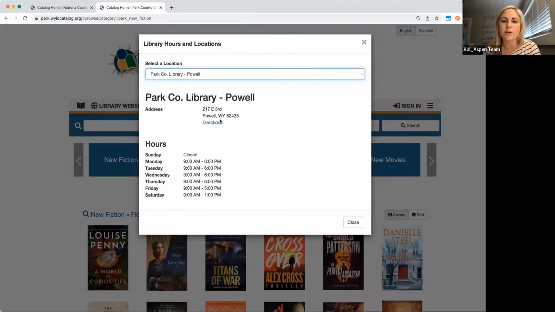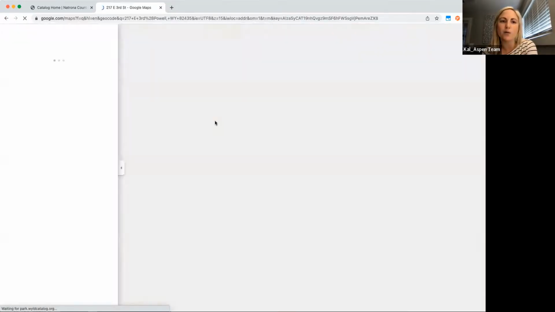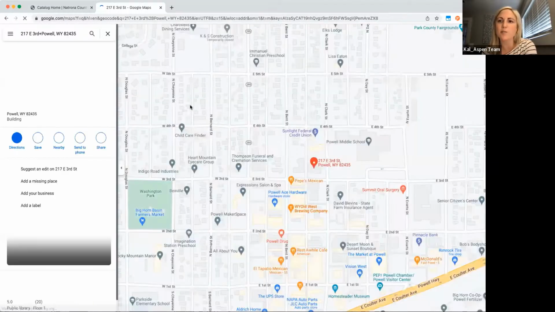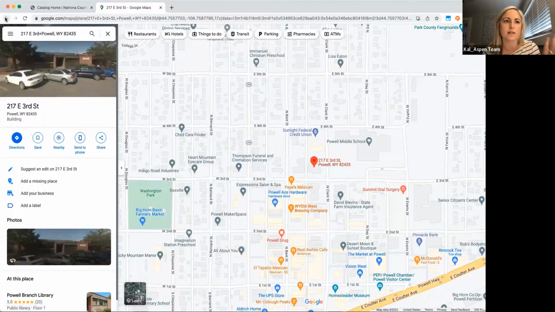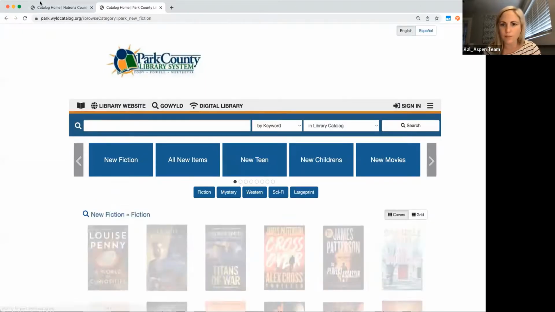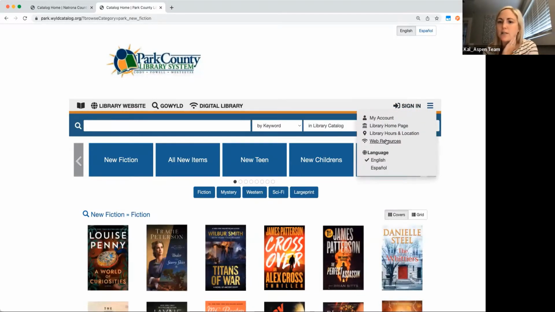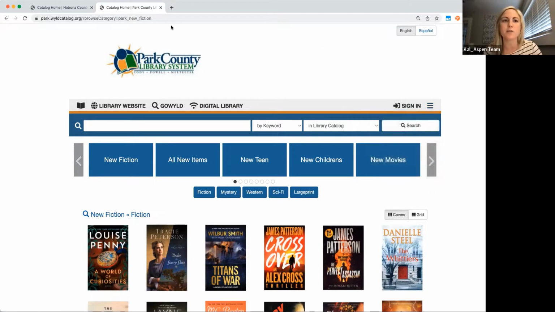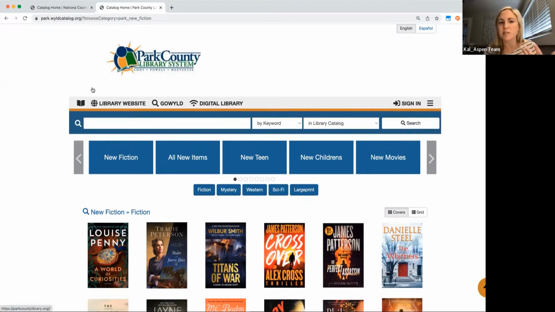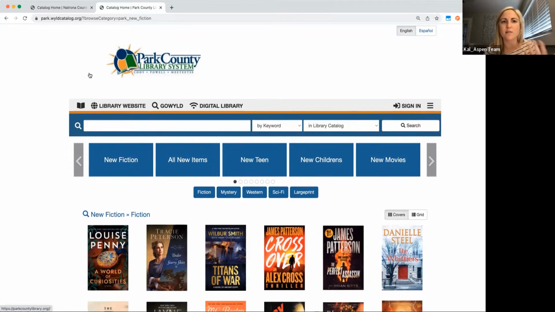Also, we have a Google integration. So if you were to click on these directions here, it'll pop up a Google map for the user and just better direct them to that site that they're looking at. And there could also be some other customized links in here. It looks like there's another link for web resources here. But again, this might be a little bit different for all of your different library catalogs, but just know that they're fully customizable. Your ASPEN team has created them kind of based off some of the links and things that you might have had on your catalog currently.